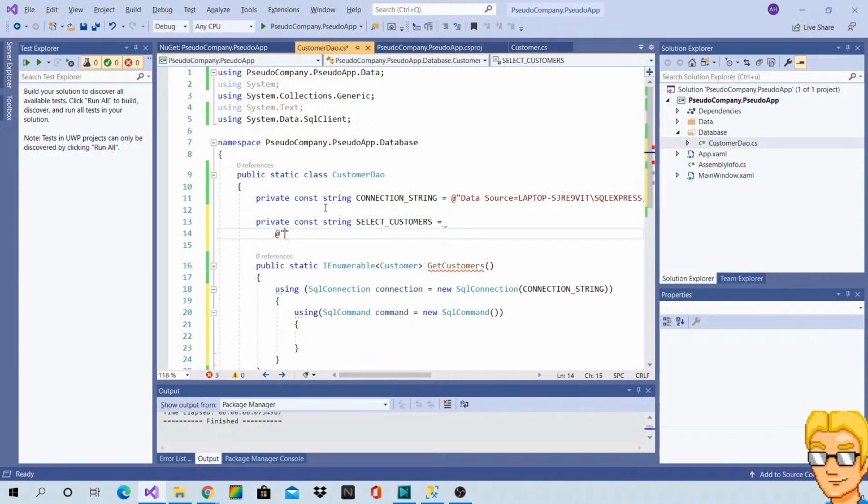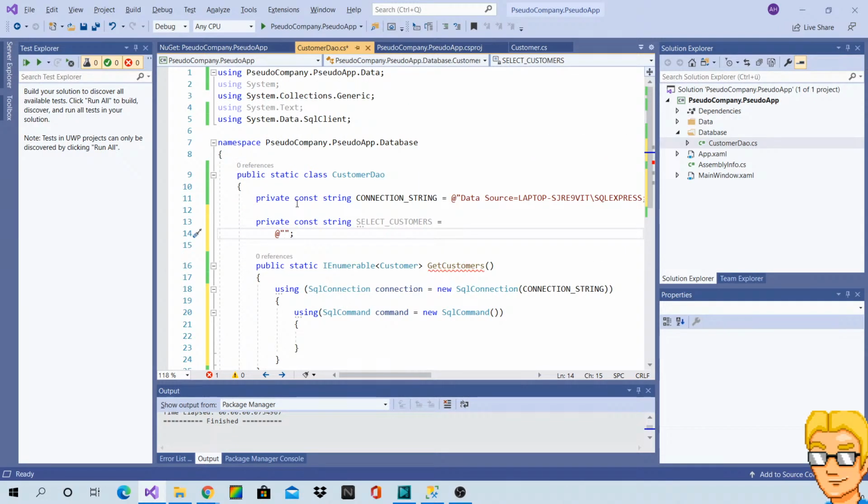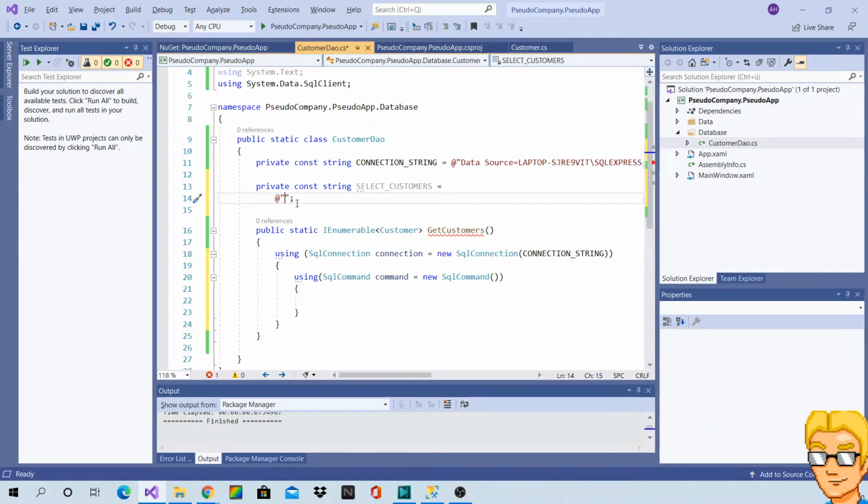And obviously, this would be maintenance hell to have a data access object where the queries are just hard-coded as string literals. But like I said, this is just sample code. It's purposely, to some degree, not the best design-wise. That's why I'm using a static class. So yeah. Anyway,